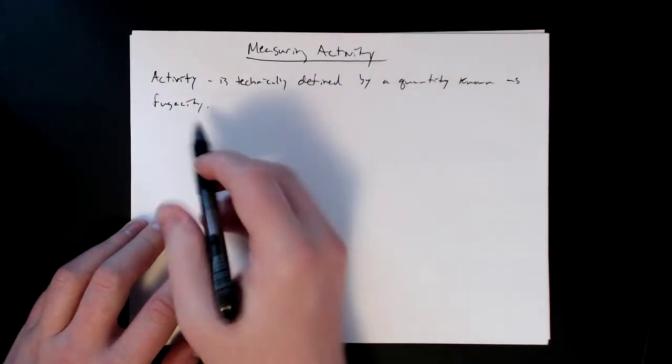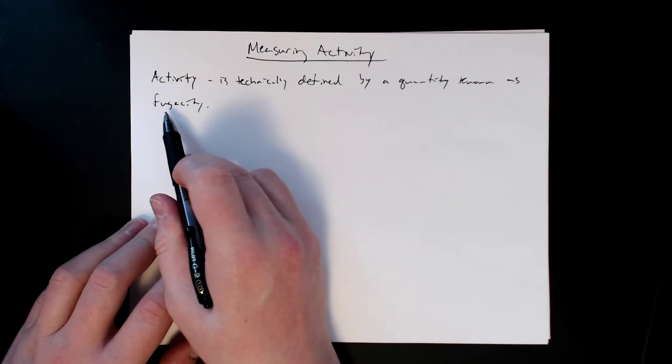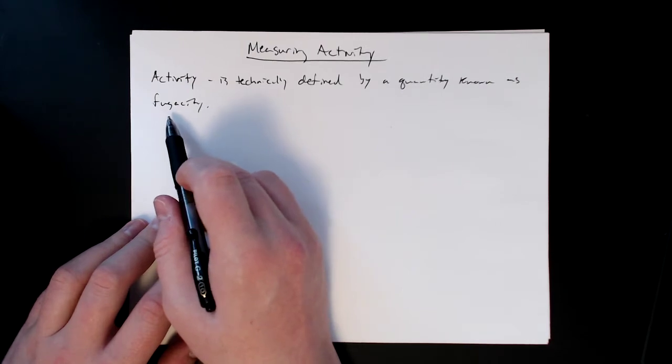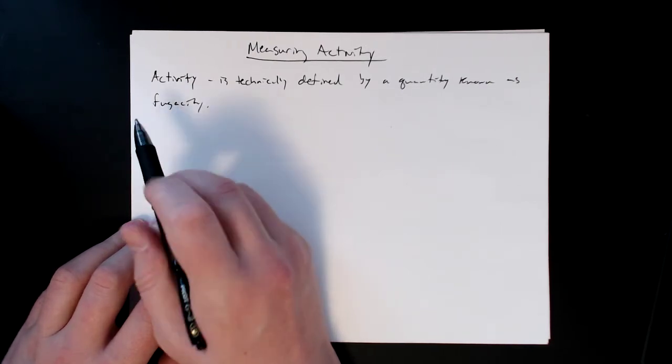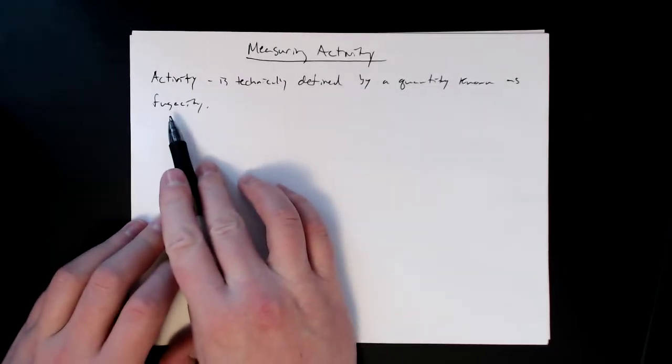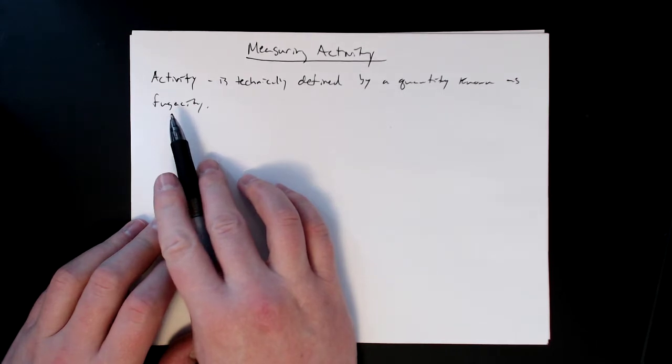I don't really have time in this class to cover what fugacity is, so we're not going to discuss it. Instead, we're going to jump over that step in which activity is defined by that, and we're going to reach a conclusion in which